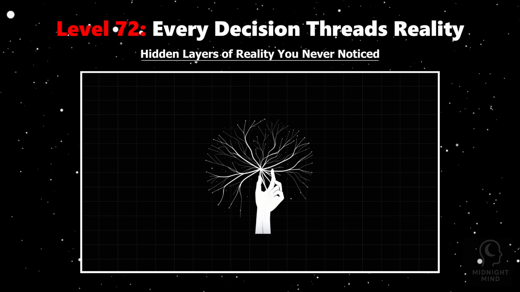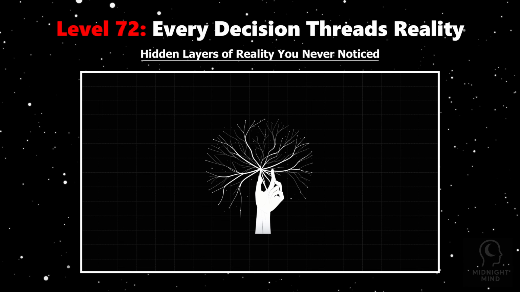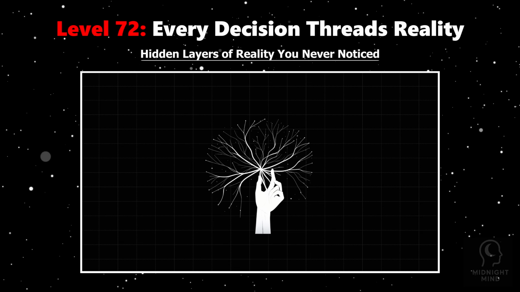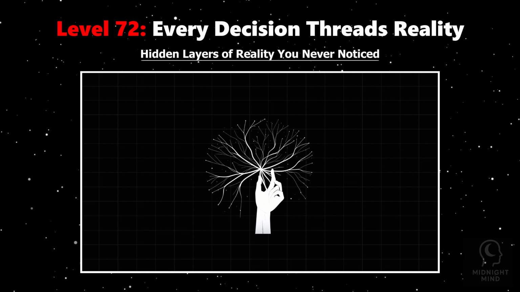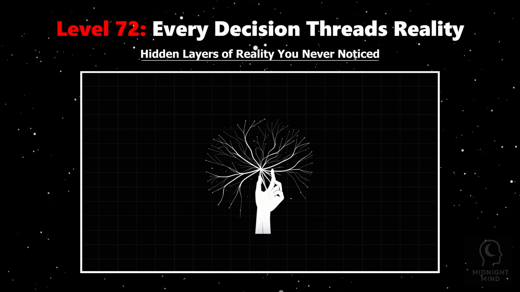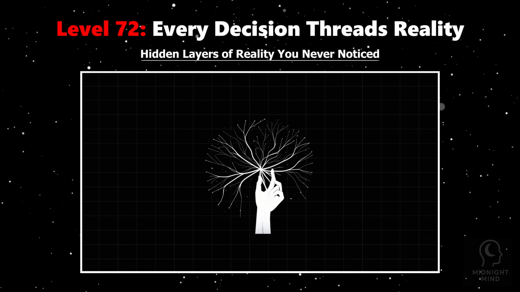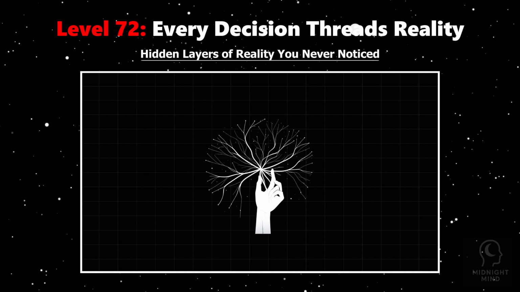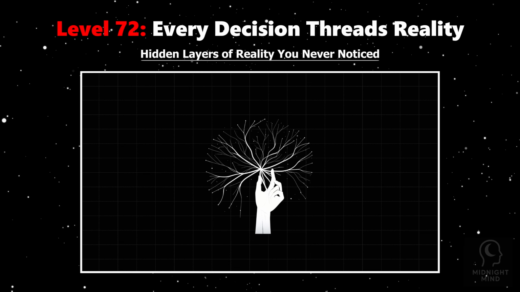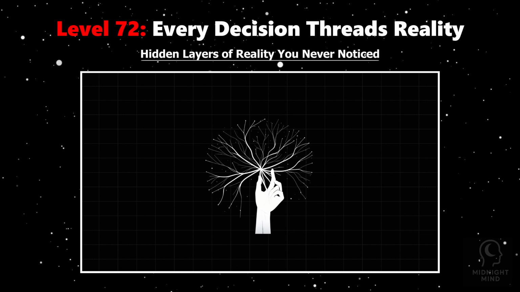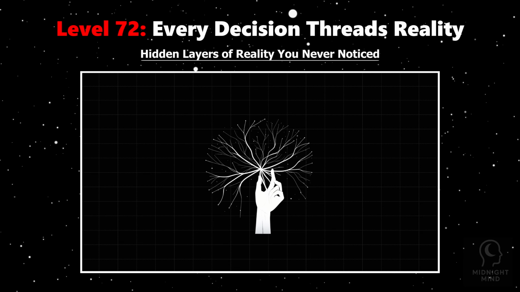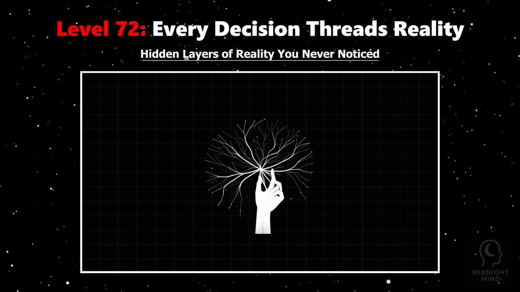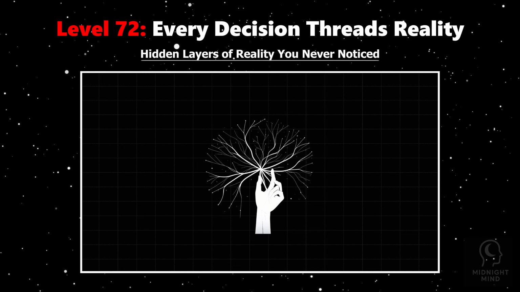Quantum physics introduces us to this astonishing idea through the many worlds interpretation. It suggests that all possible outcomes of every decision actually happen, each in its own parallel universe. When you decide, the universe doesn't collapse into one reality, but splits, creating divergent paths where every alternative choice exists somewhere. This means your life is not just a linear story, but a vast, multi-threaded narrative.